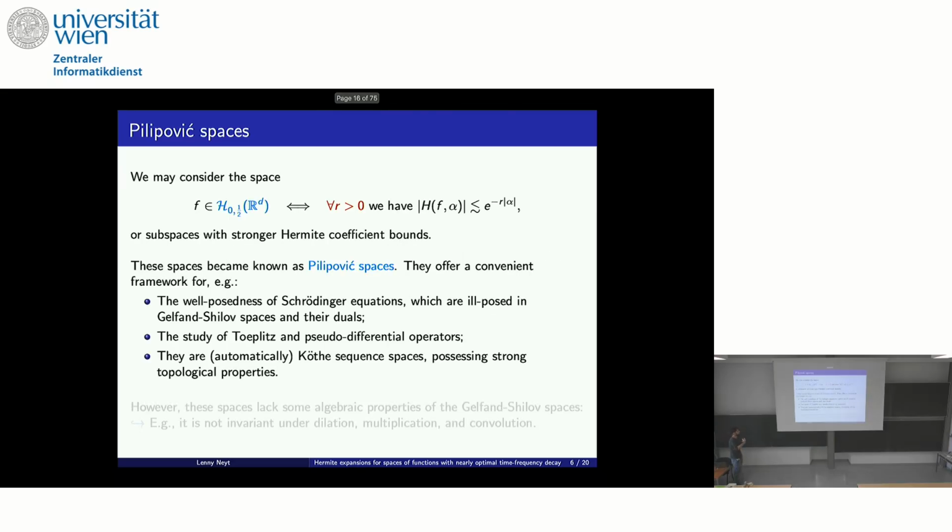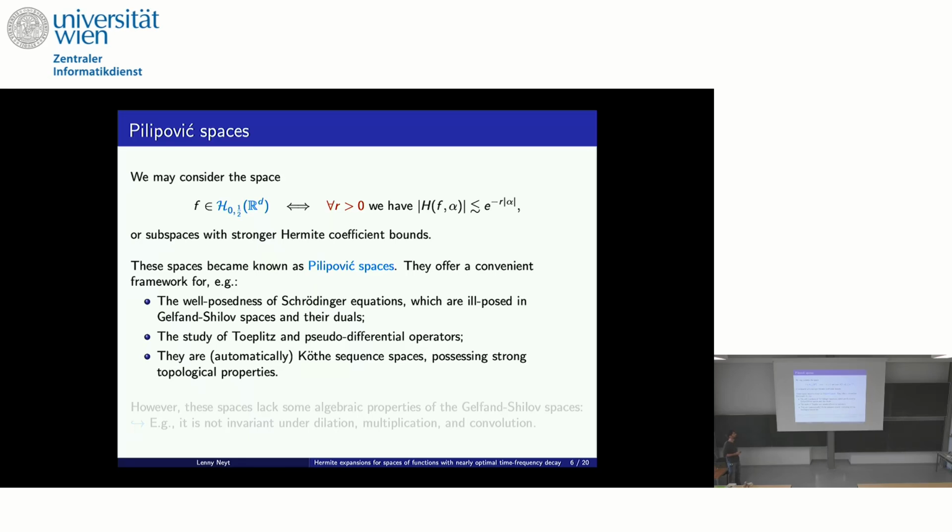But these spaces became known as the Filipovic spaces, somewhat in honor of Filipovic and his results. And these, in the past more than 10 years, have been applied in various contexts. For instance, they can be used to show well-posedness of the Schrödinger equation, where it's ill-posed, for instance, for the Gelfand-Shilov spaces and their dual. So because of this very nice decay in the Hermite coefficients, they are able to solve problems we couldn't do before. They also appear in the study of wavelets and pseudo-differential operators,